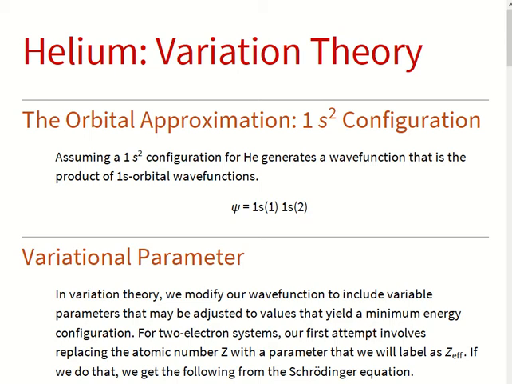Hello! In this video, we're going to discuss the variation theory approximation and apply it to the two-electron configuration of the helium atom. Now, you may recall that because the helium atom has 2 electrons, we cannot solve the Schrodinger equation exactly and must apply approximation methods to get solutions for the wave function corresponding to the helium atom and